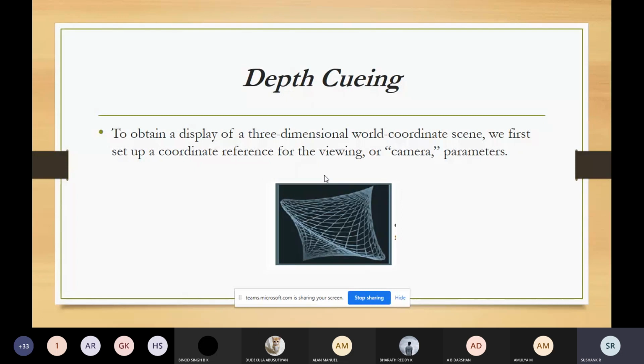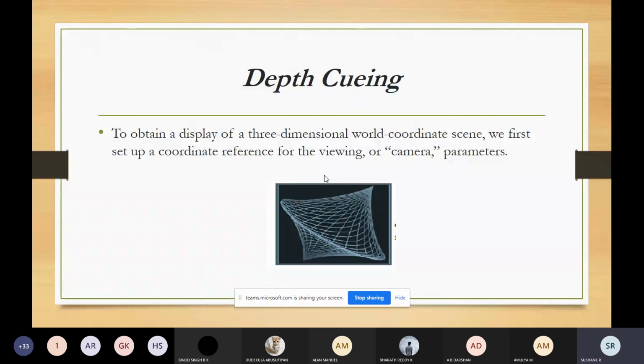When we construct a 3D scene, we can use this depth parameter to easily identify which is the front side of the displayed object and which is the back side when seeing from a particular angle. We are viewing from a particular direction, so you can check which is the front end and which is the back end. For example, take a pyramid.